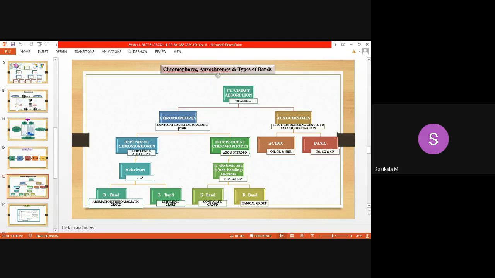So what will absorb UV radiation? Pi electrons. What are auxochromes? Electron donating groups. When electron donating groups contribute their electrons to chromophores, the chromophore becomes more flexible to absorb the radiation. The pi bond is already reactive, and when it is attached with auxochromes, the electron density increasing around the chromophoric system extends its conjugation, making it highly reactive. That makes the chromophore absorb radiation of less energy. Only less energy is required.